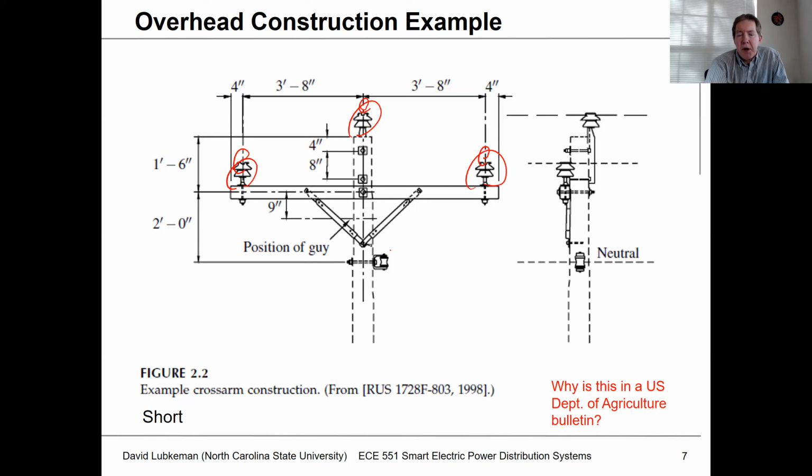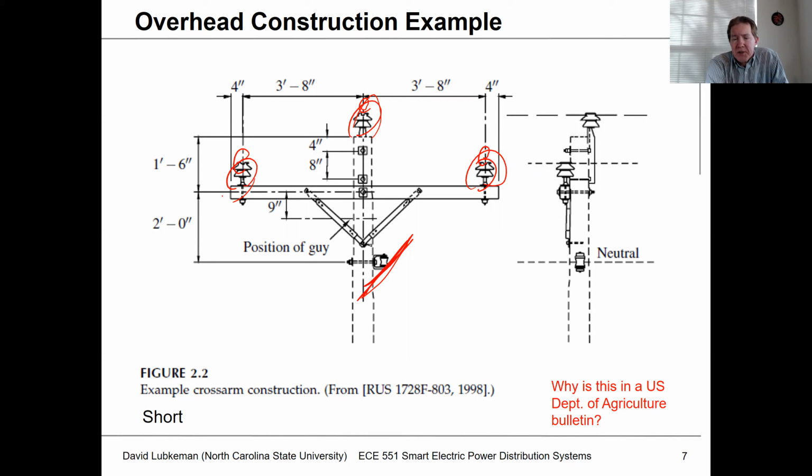We're going to have a place where we can attach a neutral wire as well. So this would be what we refer to as a four-wire construction, where these insulators would have enough size or length to them to make sure that we're not going to have voltage flashover, right? What's kind of interesting about this particular drawing, as far as having all these distances that we could use for doing the calculations,